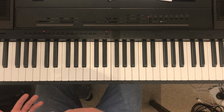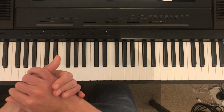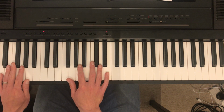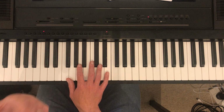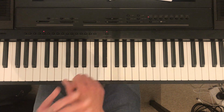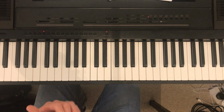So you can see I had to work hard in that chorus, but hopefully that's really starting to make sense. Actually, I did do it quite a lot slower than the track. So you can hear the work that I'm doing all the time when the track is playing: 1 E and a 2 E and a 3 E and a, 1 E and a 2 E and a 3 E and a 4 E and a 5 E and a, 1 E and a 2 E and a 3 E and a...